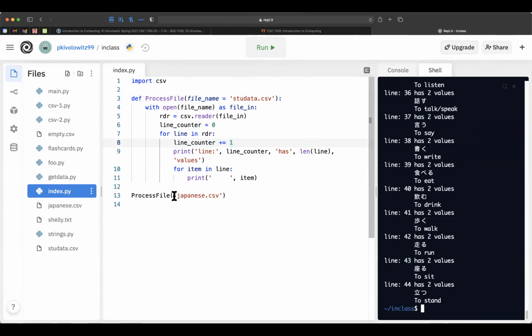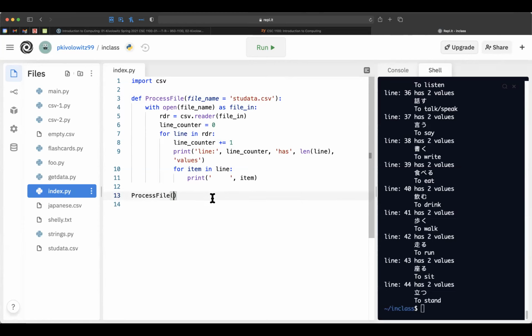So you can see that specifying the value for a parameter overrides its default value. However, having a default value, oh, this is going to be painful because there are 3,000 lines in studata.